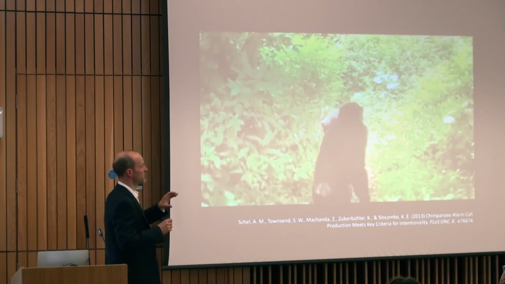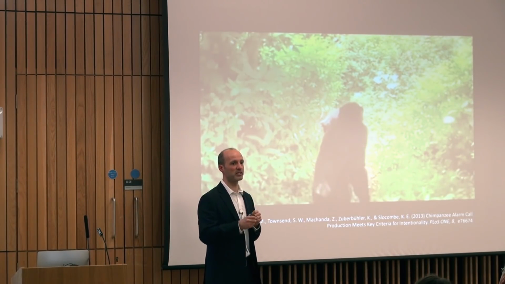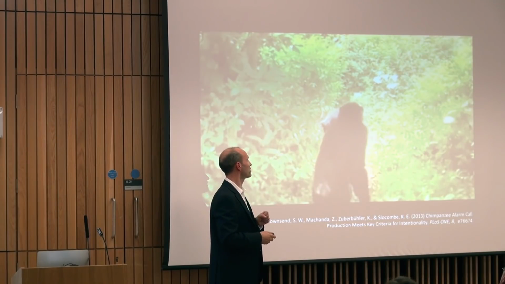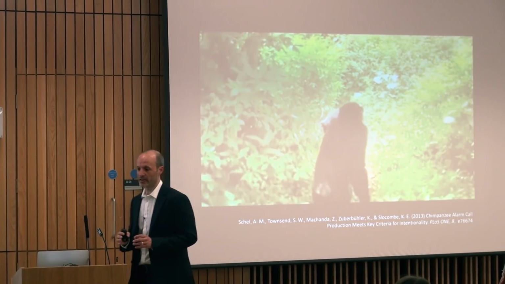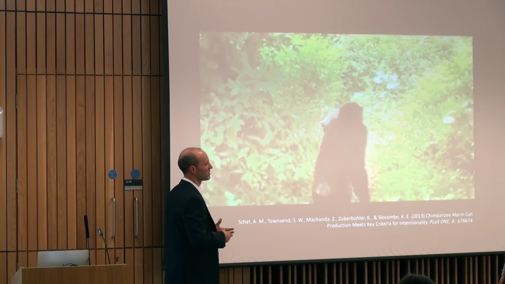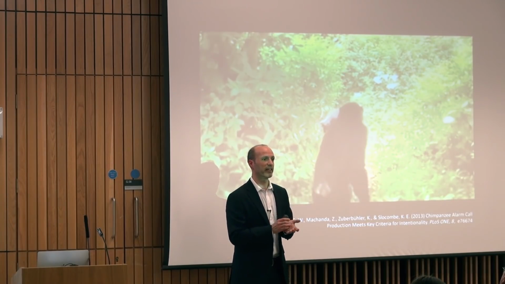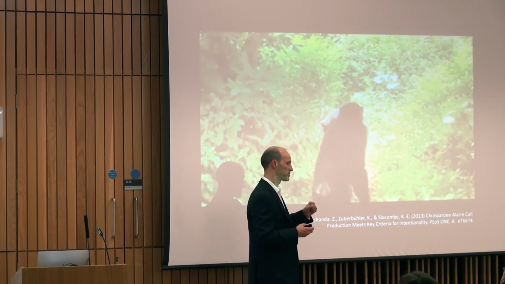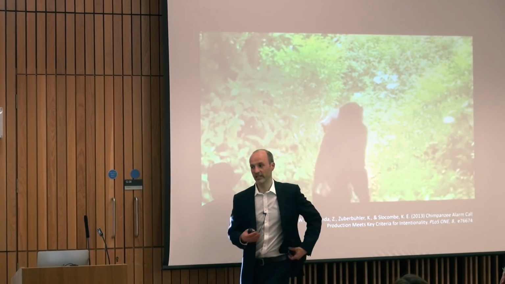Okay, so what they do is they switch from producing these soft hoos that are basically for their own consumption to something that's known as wah barks. These much louder, much more energetic signals, and then they also gaze alternate between the snake and the other chimpanzee. So the claim that Katie and her colleagues are making is that this reflects the fact that they have realized that this other chimpanzee doesn't know about the snake. So they're doing some inferences about the mental state of this other animal, and then that's modifying their vocal behavior. So they're switching from soft hoos to wah barks in order to inform the second chimpanzee about the presence of the snake.